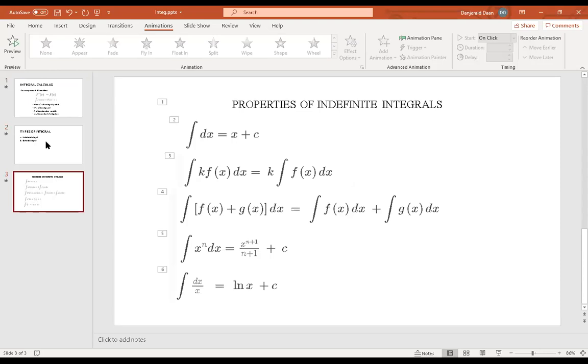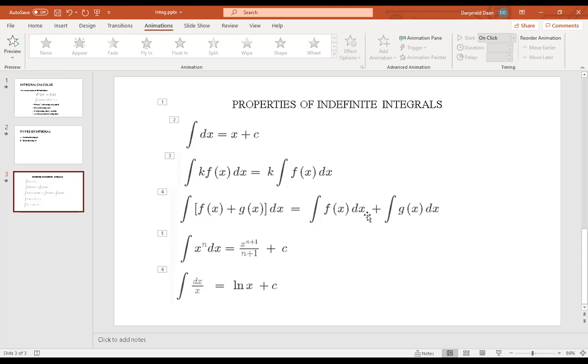And here are the 5 properties. So the integral of dx is simply x plus c. Second, if we have a constant, we can simply put the constant out of the integral symbol, then integrate the remaining function of f of x dx. And if we have a multiple term function, we can integrate them separately, like this equation. So the integral of f of x plus g of x dx is simply the integral of f of x dx plus the integral of g of x dx, which is similar to